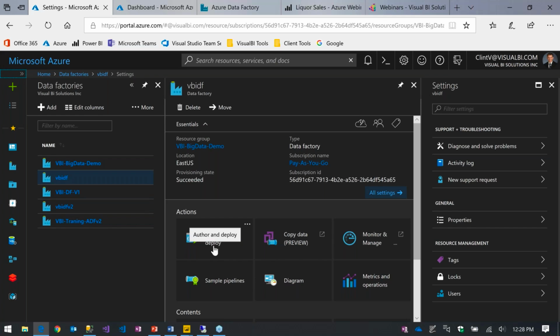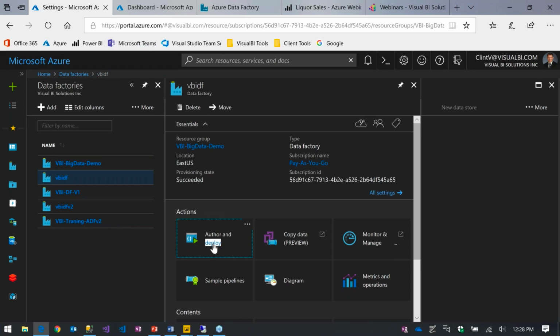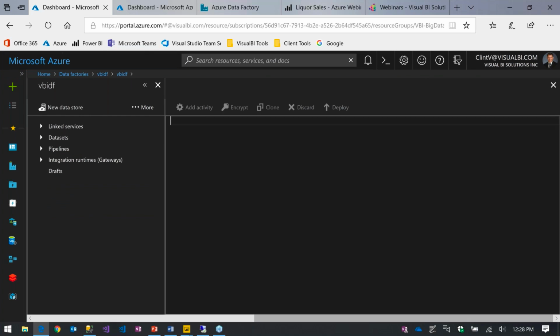So the first thing I like to demonstrate is what we've built with our data factory for moving this data in. Oh, good, it's being pretty responsive. I talked earlier about the data factory and the pieces that make it up: linked services, data sets, pipelines. We've got an integration runtime set up, which I'll talk about here. And then, of course, these things are triggered and scheduled.